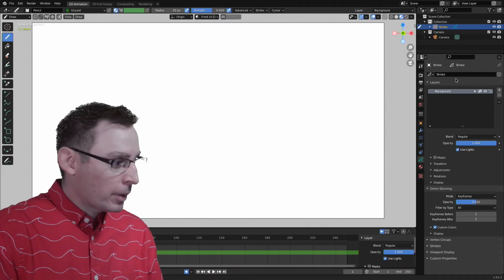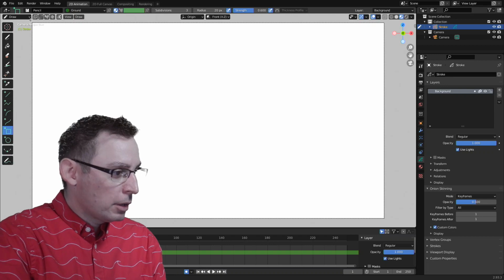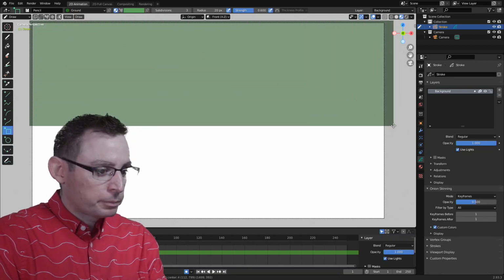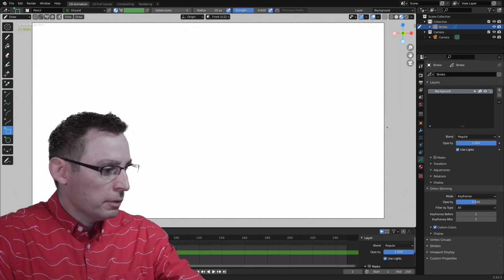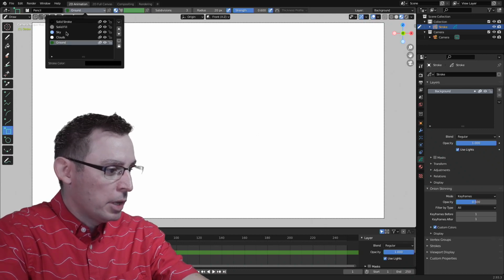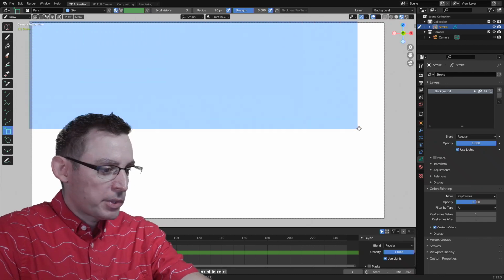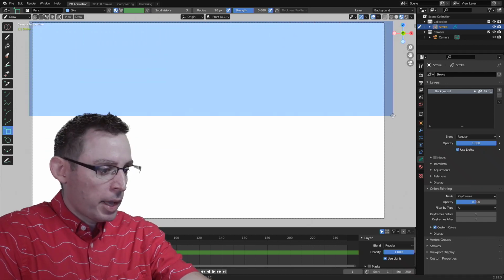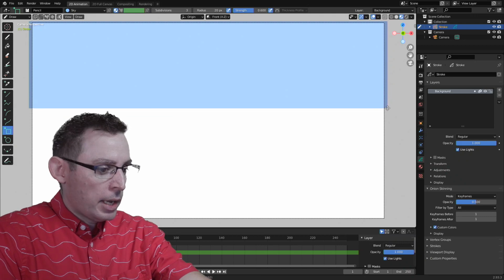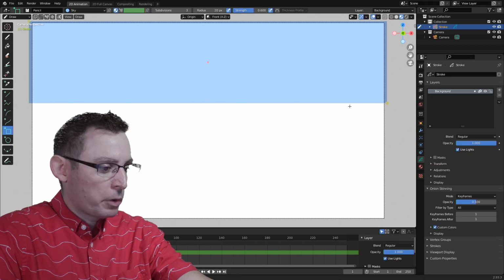Let's start drawing. Okay, so I'm in the draw mode here, and I'm just going to use the simple shapes. The first thing I'm going to do is figure out the sky, and I noticed immediately that I'm in the ground material. Let's just start with the sky material already selected. This helps out. And I'm going to have the sky up here. I'm trying to figure out where I want my horizon line. Yeah, right about there. That's a good spot for the horizon line.